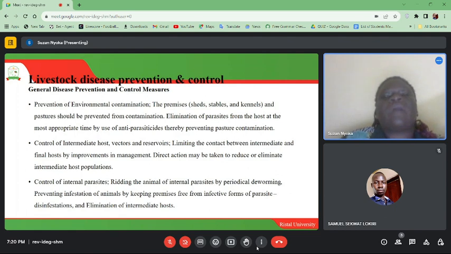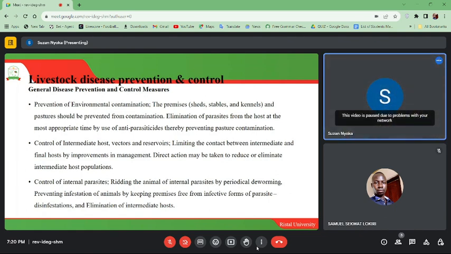Rid the animal of internal parasites by periodically deworming, preventing infestation of animals by keeping premises free from infective forms of parasites, disinfestations, and elimination of intermediate hosts. Yes, you need to control internal parasites. How do you control them? By, of course, deworming, preventing infestation of animals by keeping premises free from infective forms of parasites, and then